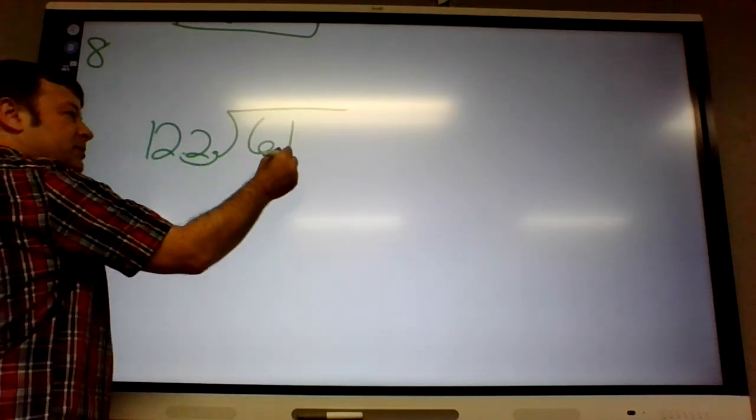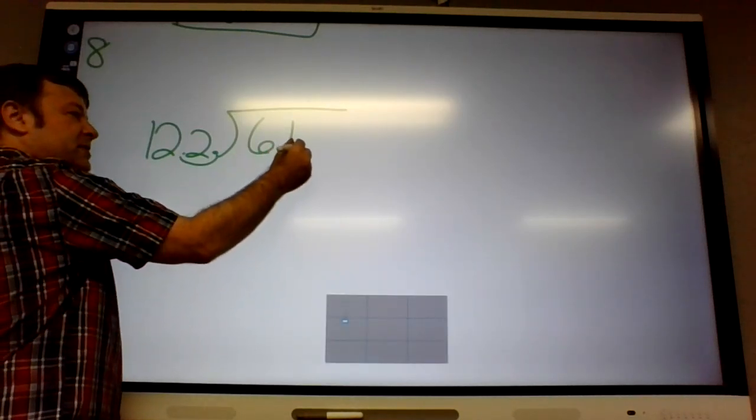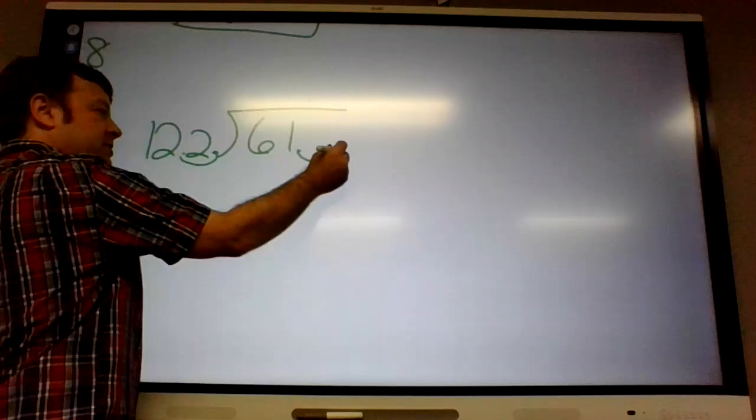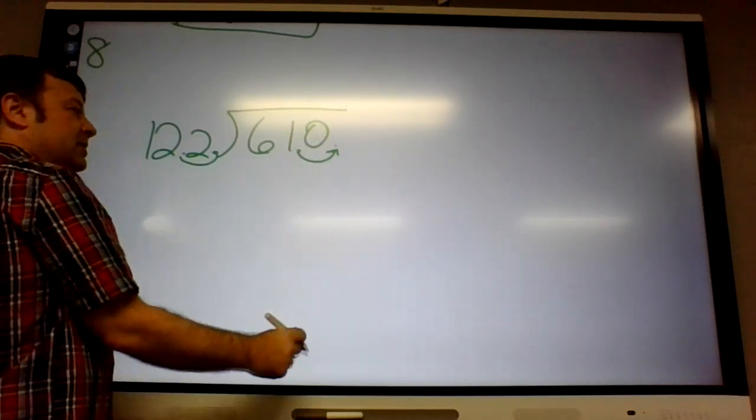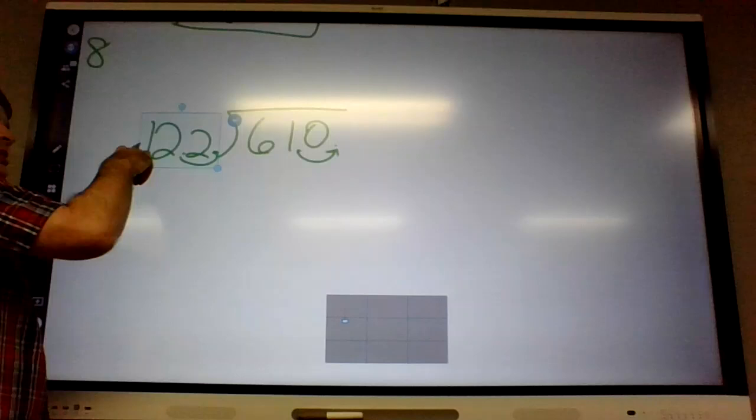If this decimal moves once, where's the decimal on 61? It is at the very end. At the end. If it's not showing up, it's at the end. So now it's right here. So basically we're doing 610 divided by 122. How many times does